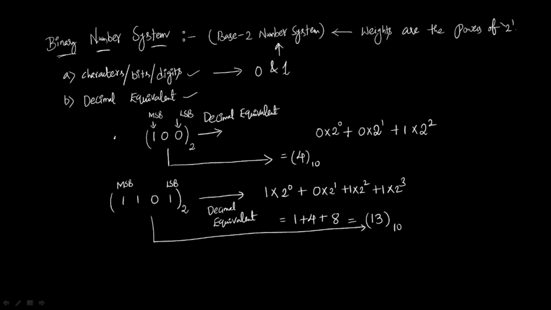In the first and second examples, I have not considered any radix point. Let me consider the radix point for one more problem. So we will do one more problem with a radix point. I have a binary number represented like this, 110.01. How can you find its decimal equivalent? This is a binary number, and I want to find its decimal equivalent.